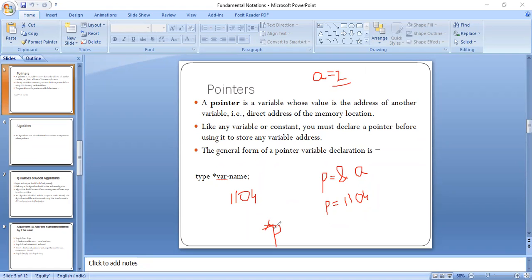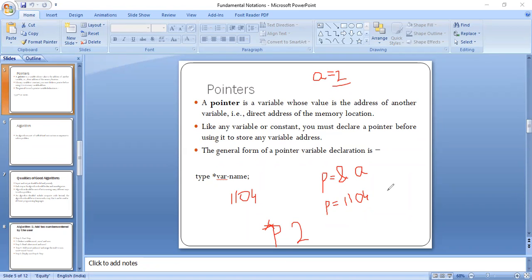By using the asterisk sign, we can access the value of A. So the asterisk will return us the value 2, whereas P will return us the address of A. Alright, so basically what are pointers? Pointers are just like variables which hold or save the address of another variable. They are not holding the actual value, but they are holding the address of that particular data.